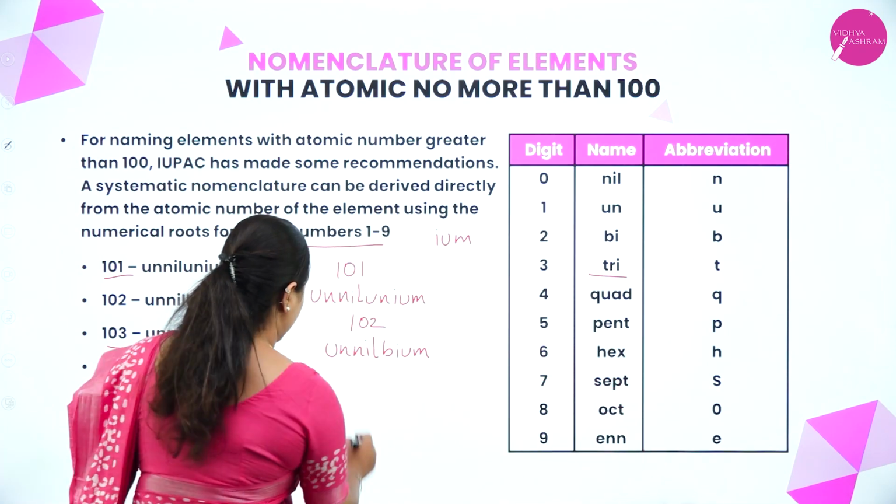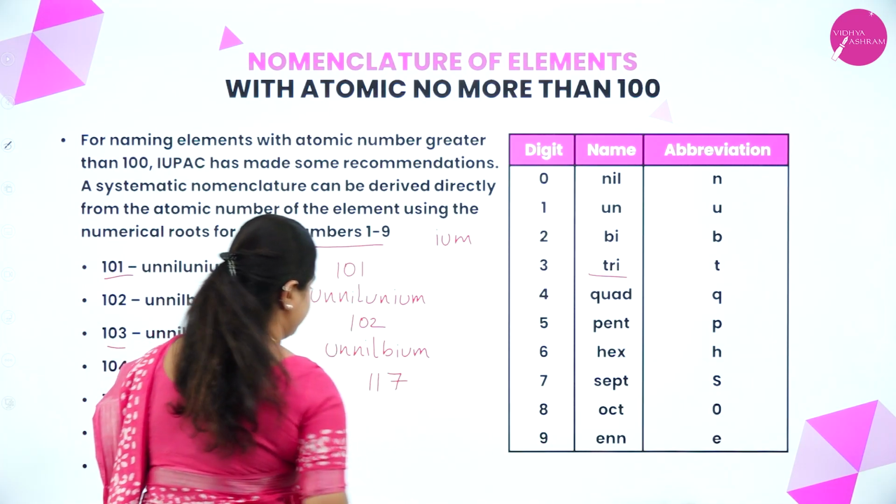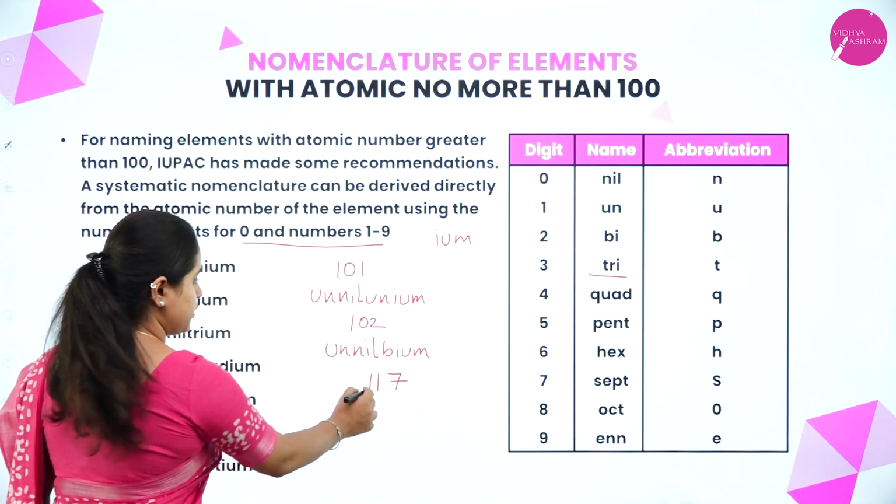So let's take another random example. 117. Right. How would you name it? Yes, for 1 it is